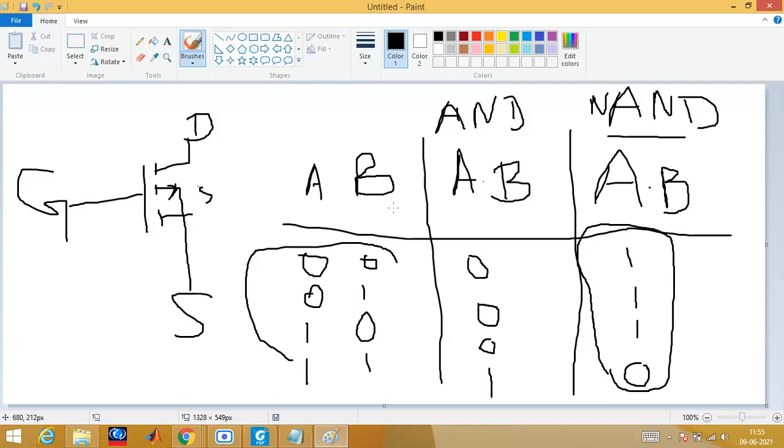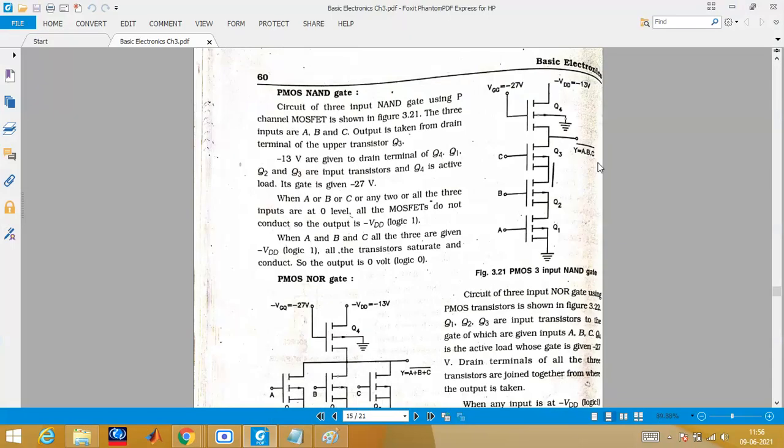You can have 3 inputs also, you can have 4 inputs also. I told you, right, we can go up to 4 inputs. So if it is 3 inputs, there will be 4 rows, and with 4 inputs, you can also add 8 rows. Okay, all that is very much clear. I think in the fundamentals of digital electronics we have studied how we can design AND or NAND. Now with the help of the transistor we are trying to do it.